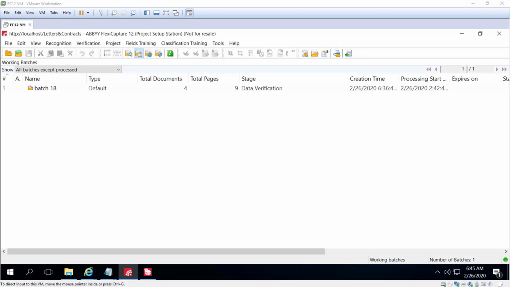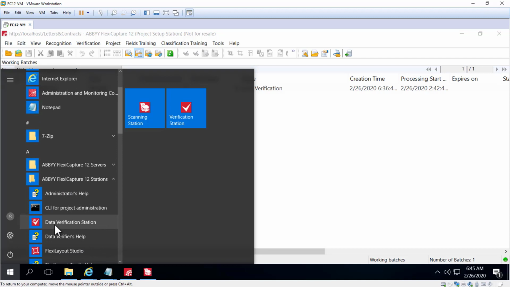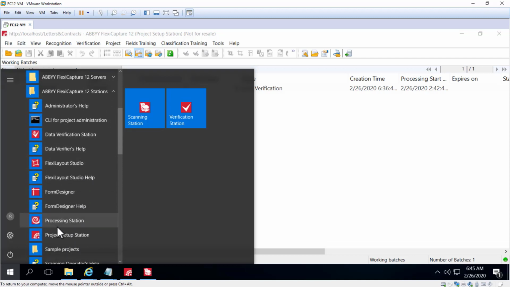Let's have a closer look at how we can process and manage tasks during verification. A batch was recently sent to recognition, and now it's time to open up the verification station, and we'll see what's going on. I want to skip the data verification station, and I'm going to go directly to the verification